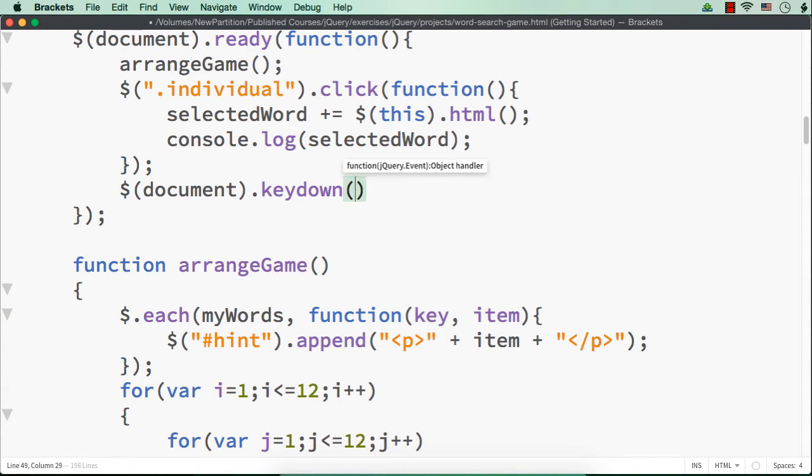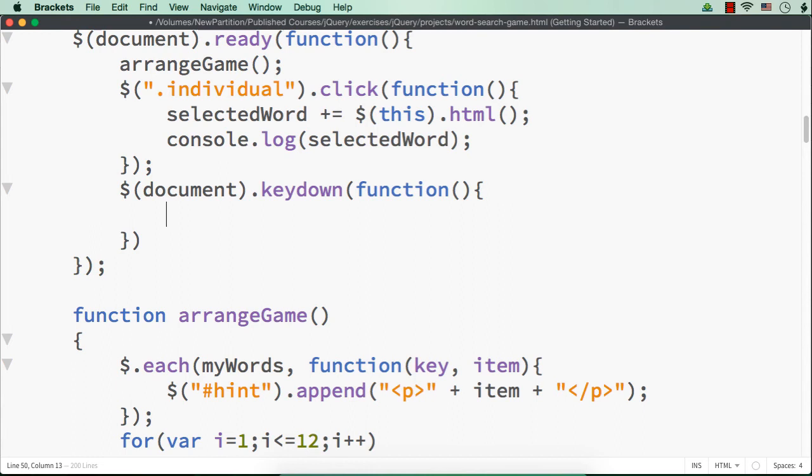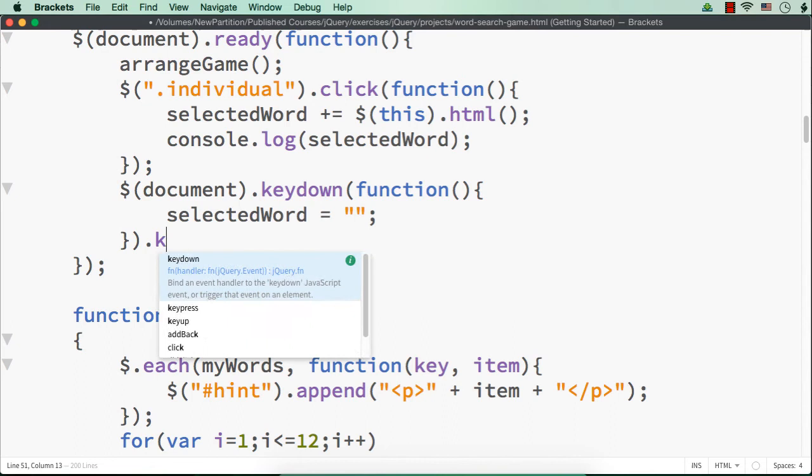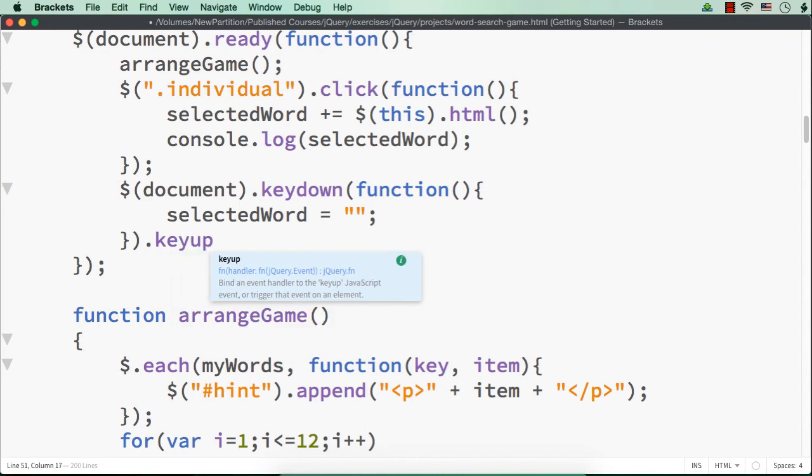So here what I'm going to do is function, let me write selectedWord as an empty string. Okay. So here it will be an empty string starting from scratch, and in the key up event, .keyup, we need to make sure that the variable selectedWord contains the correct word.